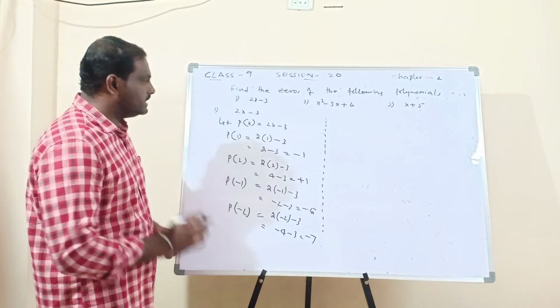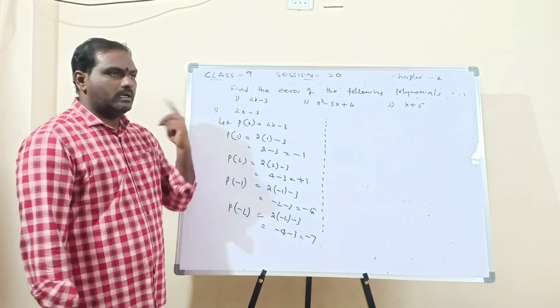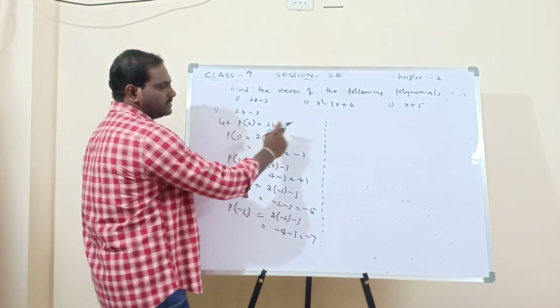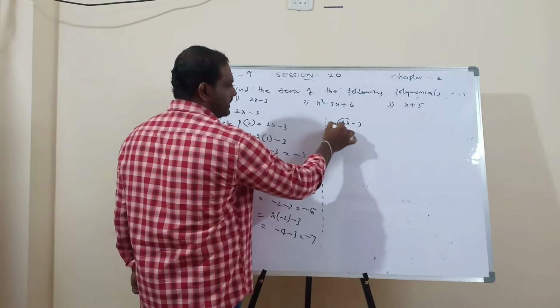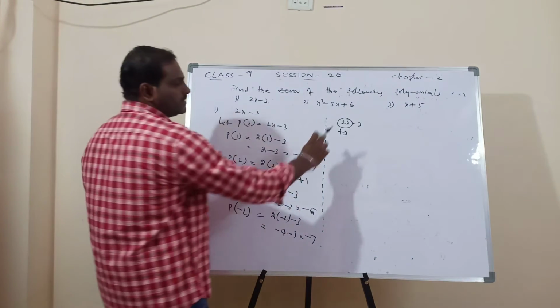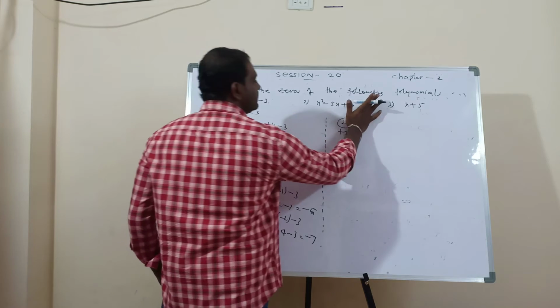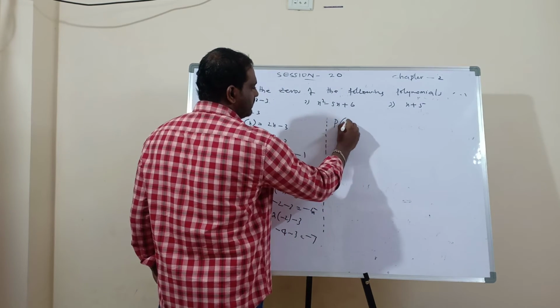0. So in this case, we have to go for a logical approach. Suppose we have 2x minus 3. To cancel this, it must be plus 3. Then only it will cancel. If this has to be plus 3, what I will do is multiply with 3 by 2. So now I'll find out P of 3 by 2.